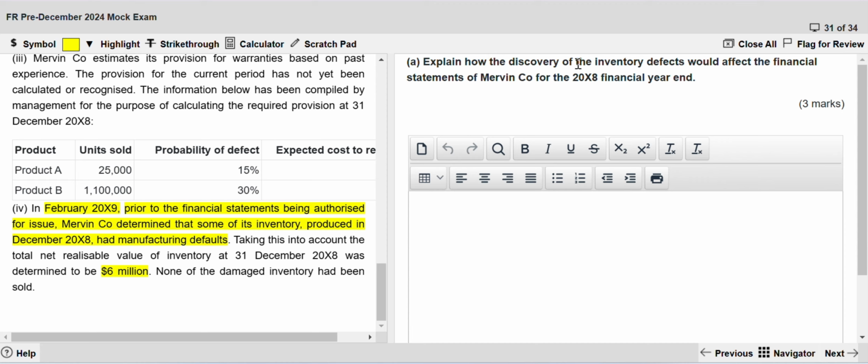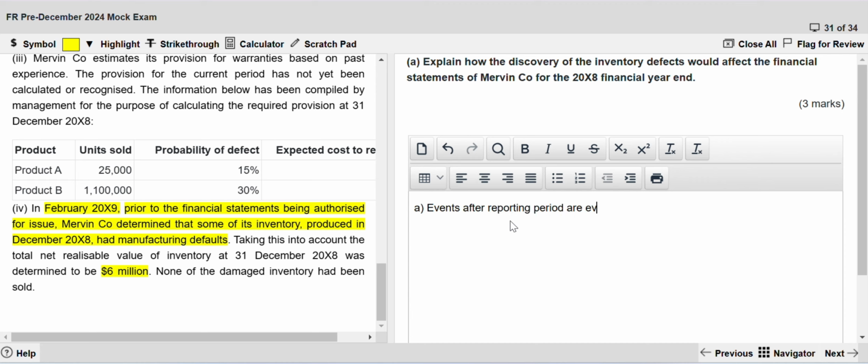So explain how the discovery of the inventory defects would affect the financial statements of Mervyn for the year ended 31st for the 2000 X8. So what do we have to explain here? We have to explain the characteristics of events after reporting. So write down, events after reporting